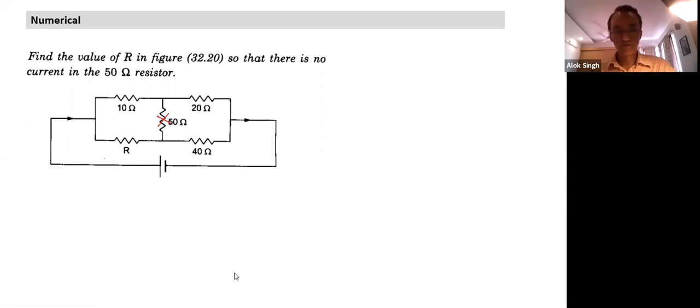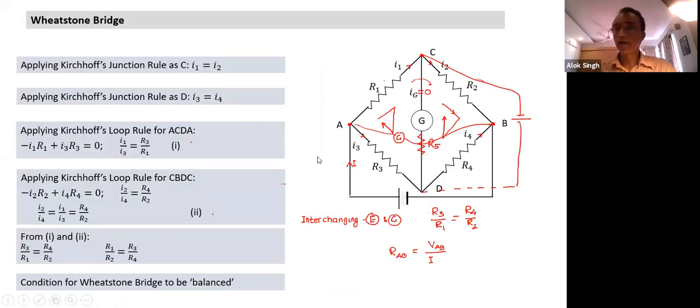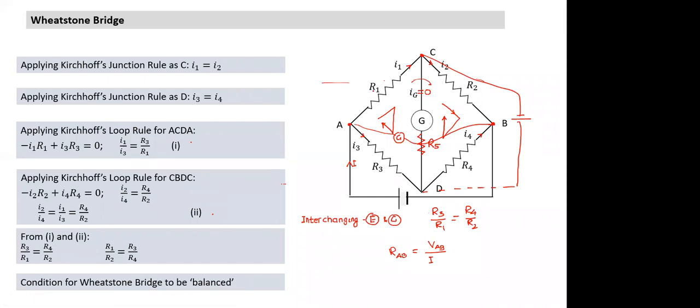Neha? Yes, sir. Can you tell me the value of R here so that no current flows through? Is it something similar to what you had done a few minutes back, Neha? When would the current through the galvanometer be zero? We discussed the galvanometer and its resistance. What is the condition for current to be zero here? The ratio of this by this has to be equal to the ratio of this by this.